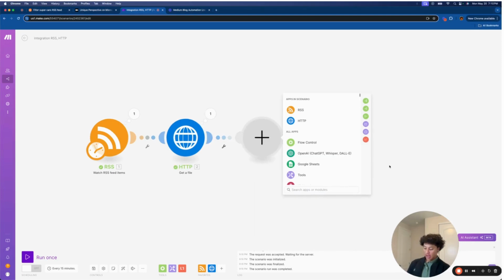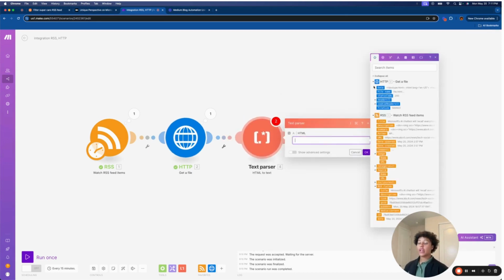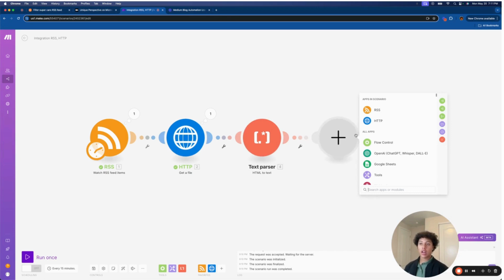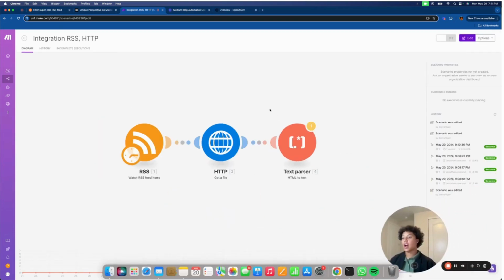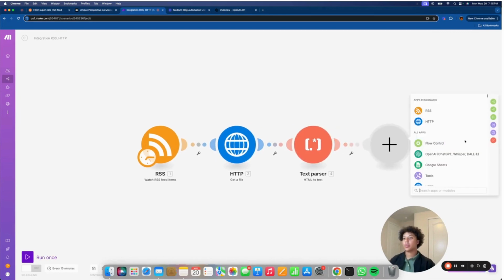Next, we're going to add an HTML to text block. All we're doing here is clicking in the little box and pressing on data from our HTTP request. Simple enough, just press OK. Next, we're going to press the plus sign again. Now that we have the HTML to text, we're going to press this plus sign here,